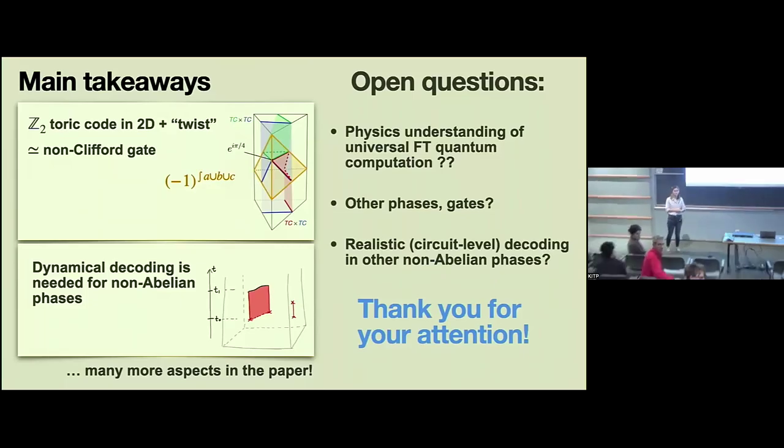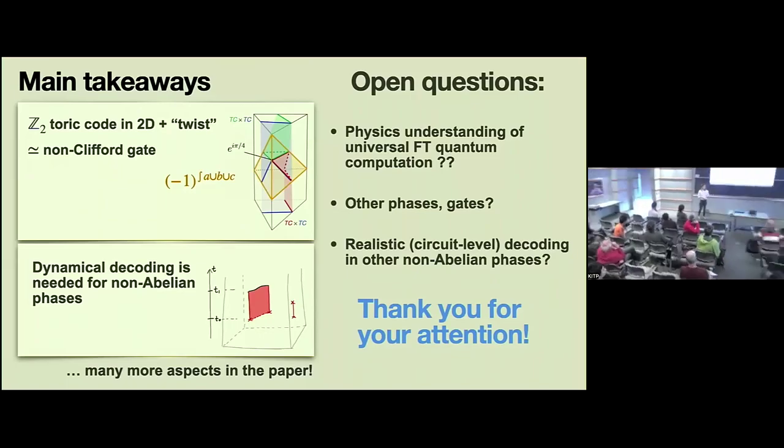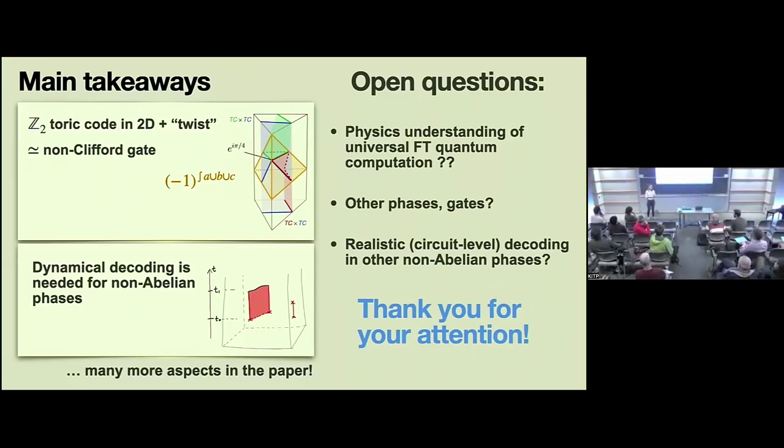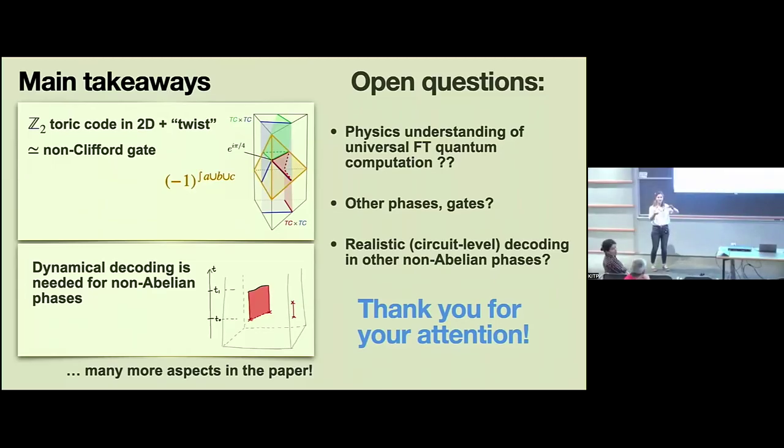Is it possible to describe this gate as a pumping of a domain wall over the 3 copies of toric code? Maybe. We thought about it for just a bit. It looks a little bit like pumping a domain wall through 2 copies, if you fold it through 2 copies of D4 and back, but it looks a little bit complicated, so we didn't come up with any nice interpretation.